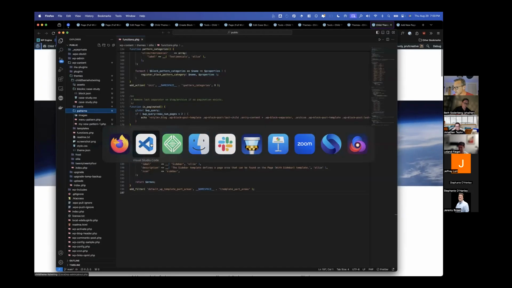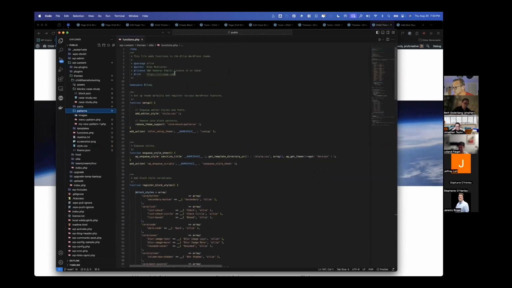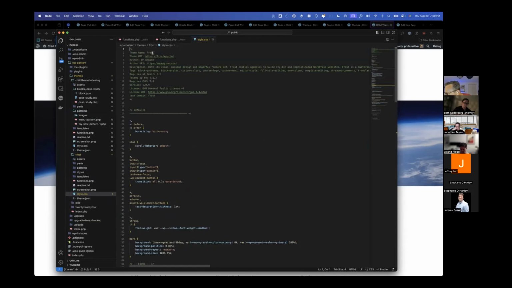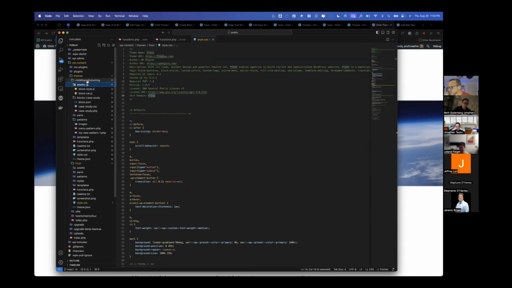Let me go back to VS Code and make a couple of small alterations. I just want to double check that the Frost namespacing is in fact simply Frost. We can see here with Ollie, it says Ollie. And with Frost, we have capital F Frost, and then in the styles, capital F Frost, and text domain as lowercase frost. All right, so we'll go into the child theme hot wiring directory, and I'm going to pick out